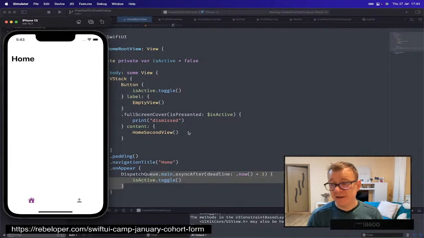So that's why I just created that navigation. And I will go deep into that